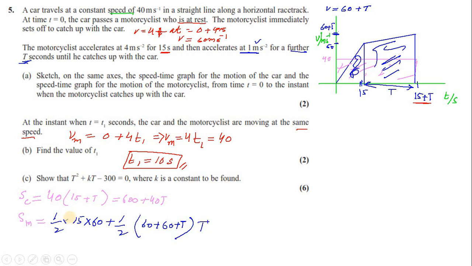And you know that SM must be the same as SC. Both distances will be the same. So you can just equate these and you say 600 plus 40t is equal to, and then you simplify it with the half, and then 30, it is 450